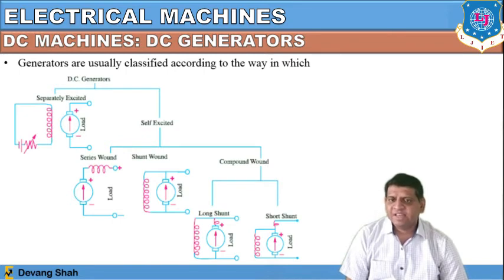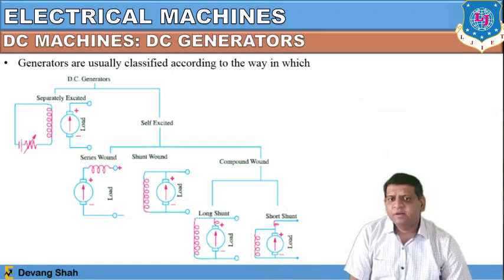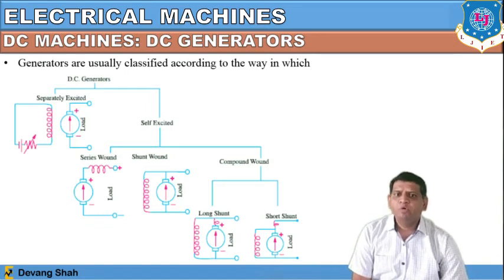So from this you can see the complete tree of the types of DC generators here. You can see the classification of DC generators. There are two types of DC generator as we have discussed: separately excited, where a separate DC source or external voltage is required, and self-excited, where the field is generated within itself. The self-excited DC generators are in three forms: series wound form, shunt wound form, and compound form,